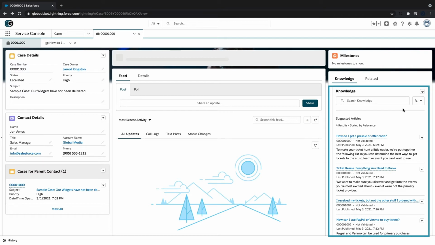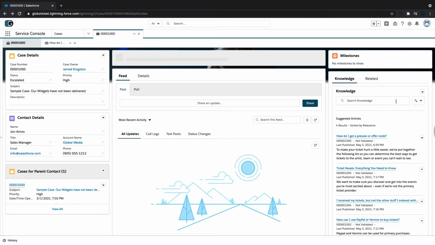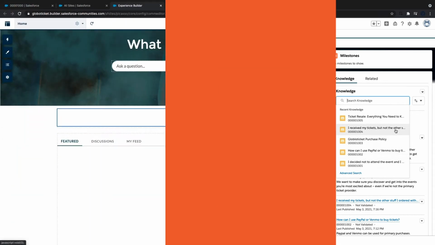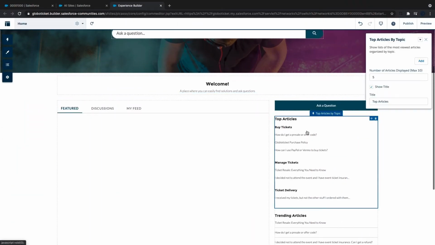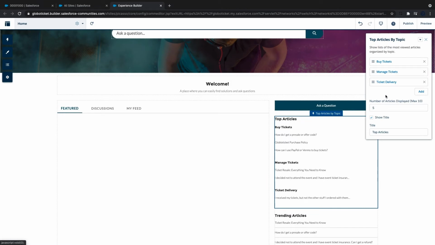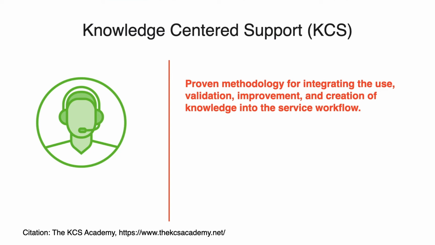Did you know that most struggling support organizations typically lack a structured knowledge base? That's where Salesforce Knowledge comes in, making it easier for you to manage, maintain, and distribute help articles to both agents and customers. In this course, we are going to review the key areas for managing and maintaining your knowledge